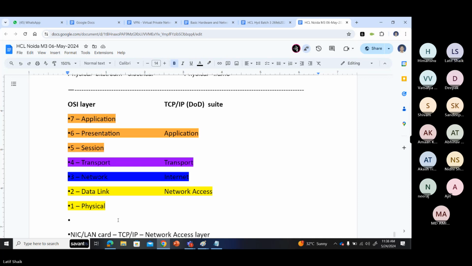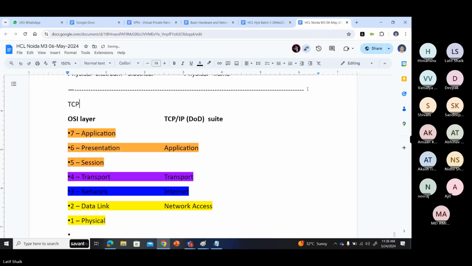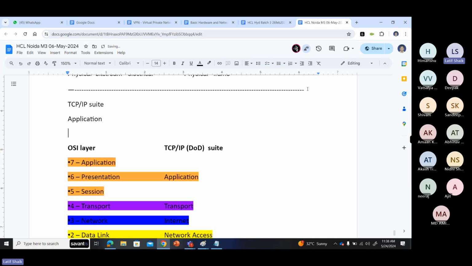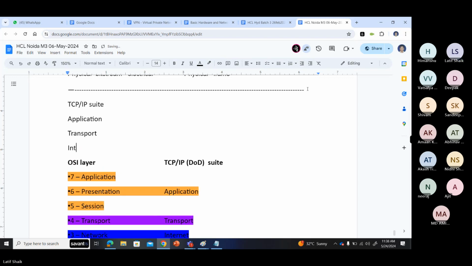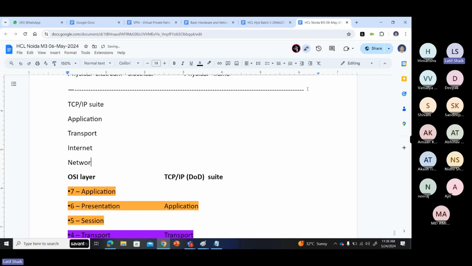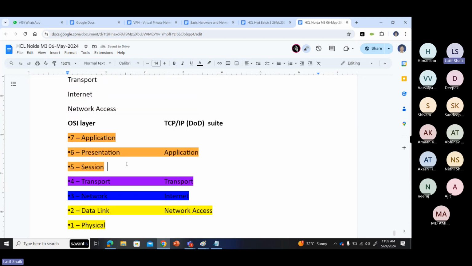Okay, so the TCP/IP model contains only 4 layers: application layer, transport layer, internet layer, network access layer. Okay. So if you compare the TCP/IP model to the OSI model, it contains the application layer, transport layer, internet layer, network access layer, only 4 layers. And comparing, the application layer, presentation layer, session layer, these 3 layers are doing in the OSI model,